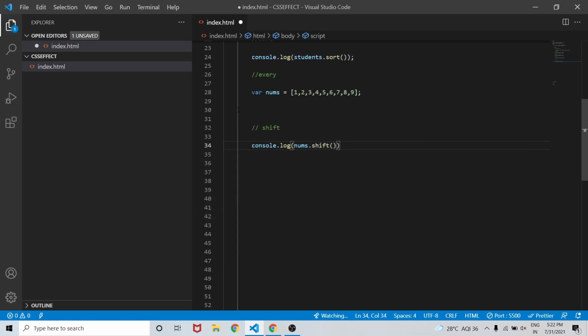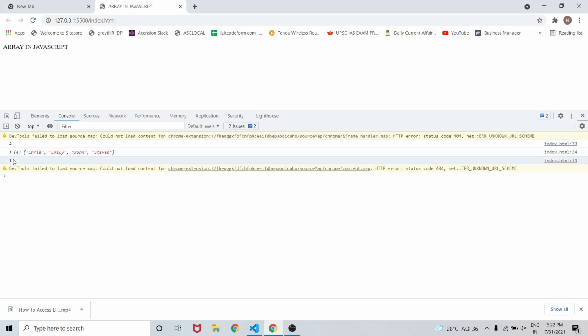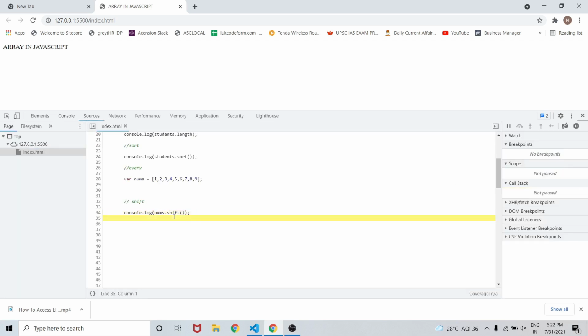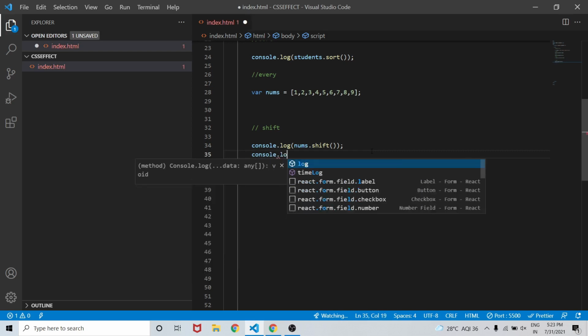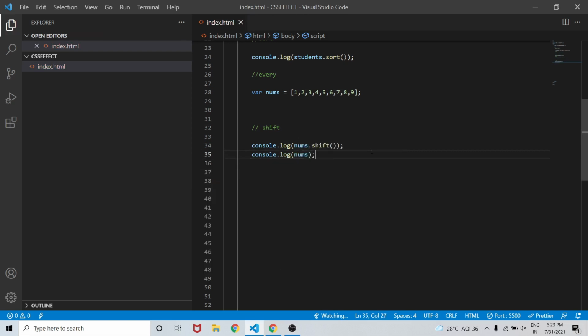Now this method will modify our array also. As you can see, the returned value is 1, and if I console.log our array, our array is now been modified. So shift method removes the first element from our array and modifies our array.